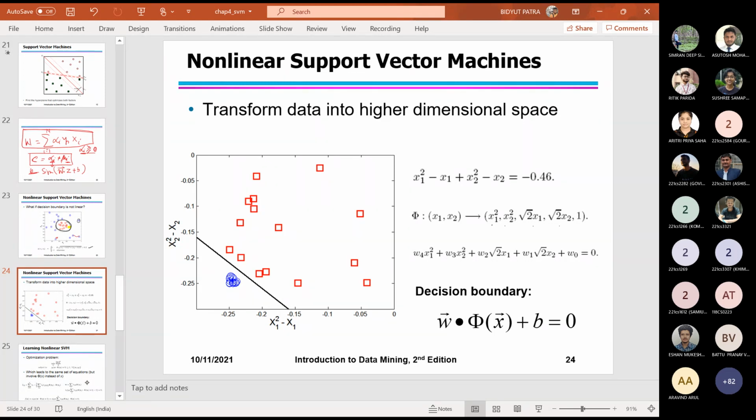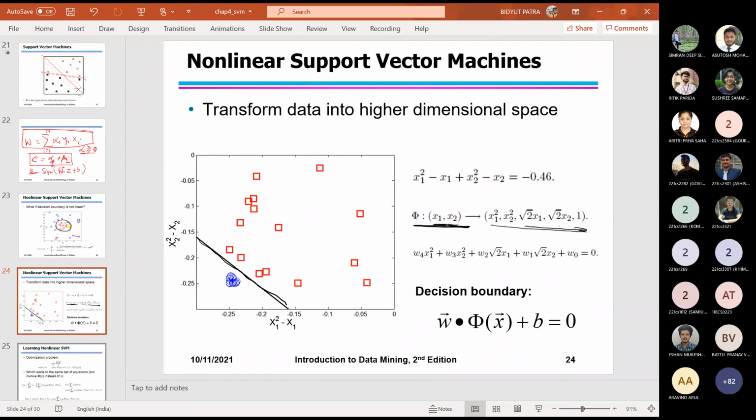And what we can do is, x1 can be projected as x1, x2 can be projected as x2. Apart from that, we can introduce 3 more dimensions where the value of that particular dimension will depend on the input values, that is x1, x2. So we are mapping the input features into some higher dimension features, and then if we plot it, we'll get a line like this one, and then we can separate the positive and negative samples.